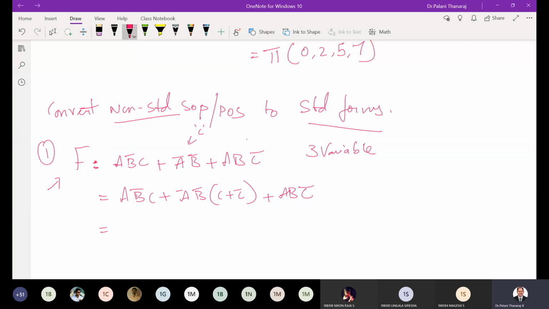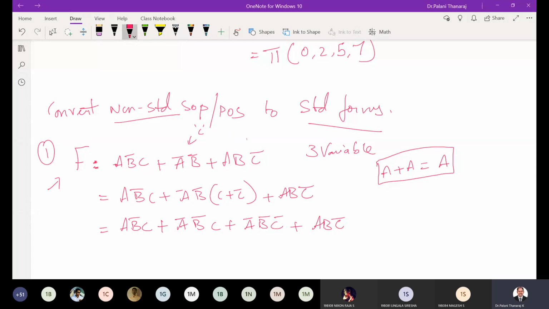Now it is just the expansion of this variable, and we write it in the minterm form. So we get A B bar C plus A bar B bar C plus A bar B bar C bar plus A B C bar. If there is any repetition of any product term or minterm, we can just omit it, because I also taught you that A plus A is always A. So whenever you have more than one same product term or minterm, you can replace them with a single minterm. Able to understand?